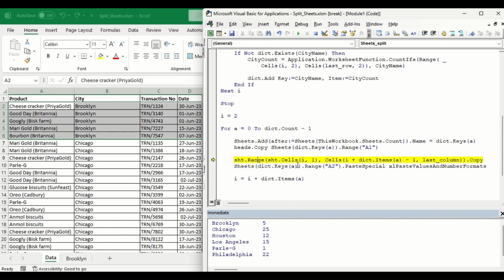So in this iteration, I value is 2. That means I2, that means it starts from A2. Inside this Cells method, I refers to the row and the second element refers to the column. We declared I equal to 2 and 1 is the column number. I1 means A2. Our copy range should start from A2 and